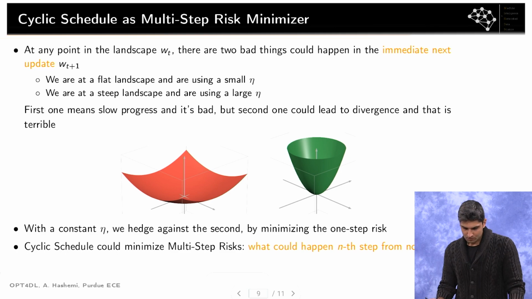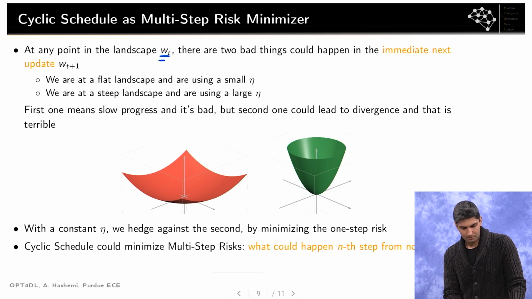All right. So let's consider this scenario. Let me give you a function, a loss landscape, and then let's say that I'm currently at WT. So WT is one point in the landscape. Okay. Now there are two bad things that could happen, I would argue, in the immediate next update. So I'm going to go from WT to WT plus 1, and during this process, two very bad things could happen. Okay. First of all,